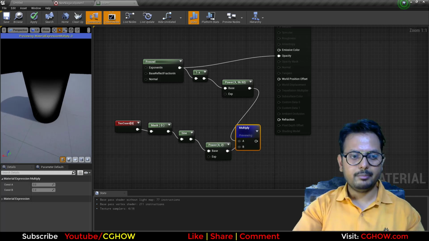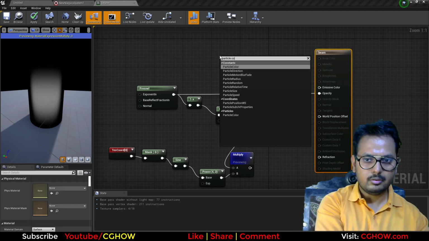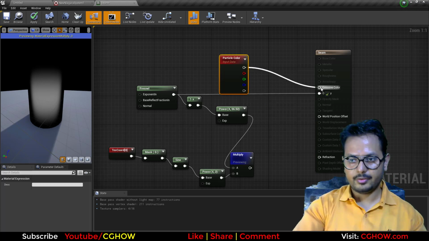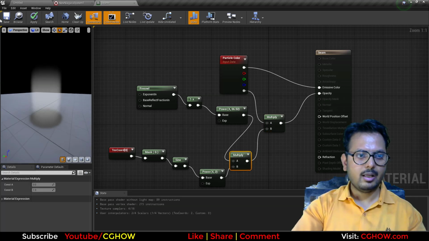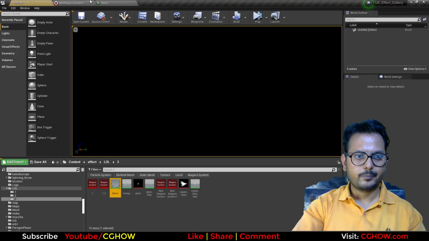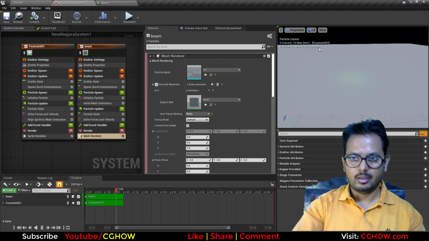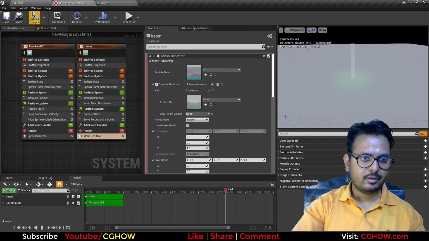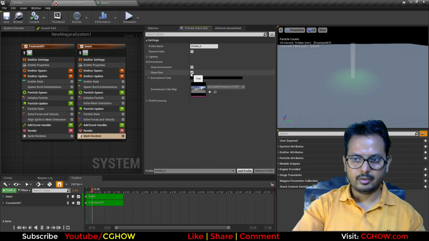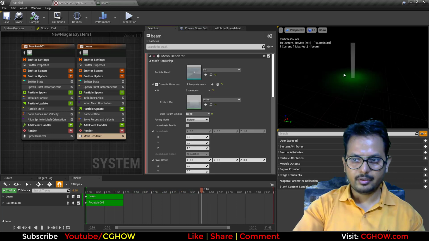So I have this beam material, and I can take the particle color quickly, connect this here and these things here. So I have this beam, I'll just save this, use this here and this one, and why is this ground showing? So I'll just open the window preview setting and turn off this ground. So I have this beam which has my beam material,